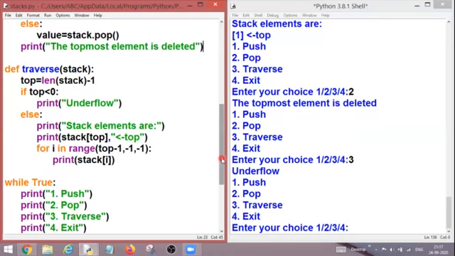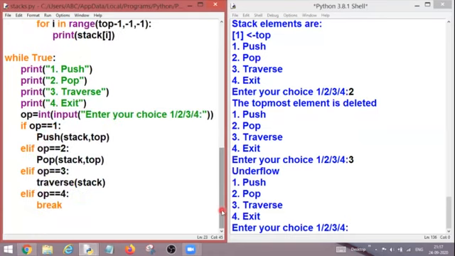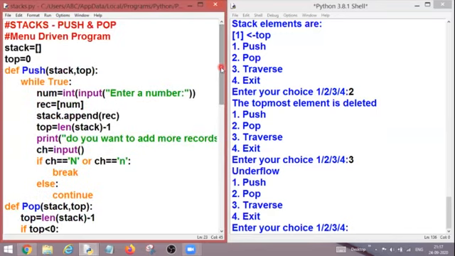And we have learned how to create a menu-driven program for the same. Now, this is a very simple program which I have told you by taking only one variable inside, which is number. Now I'm going to modify the same program having two variables, like if I want to maintain the record of a student. So roll number of the student I need and the name of the student I need.